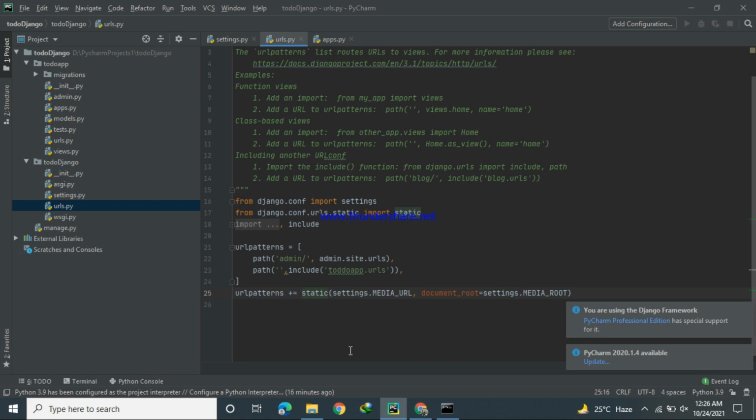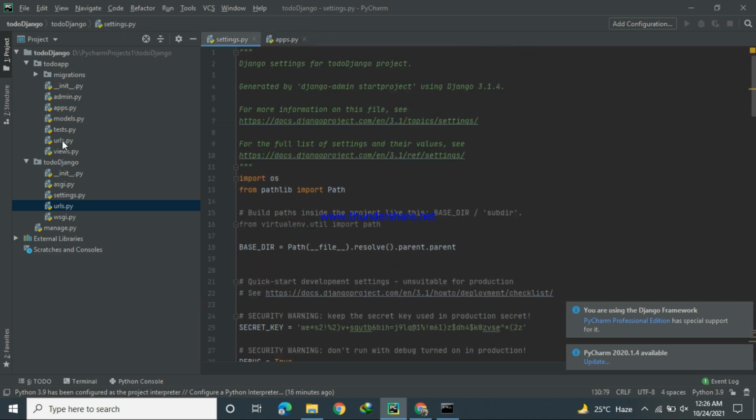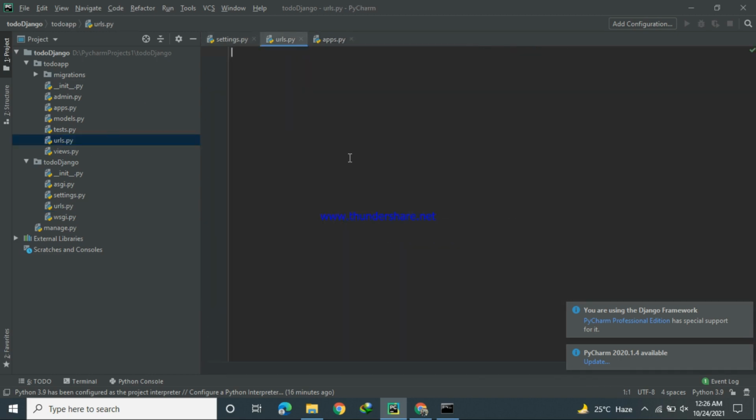Okay. So our URL is now modified and is very well up to date. Okay, so close this main URL and go to the urls.py file of the todo app.